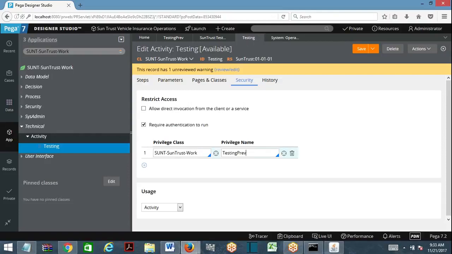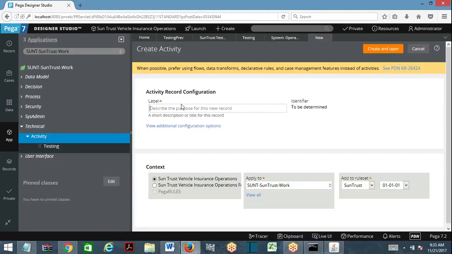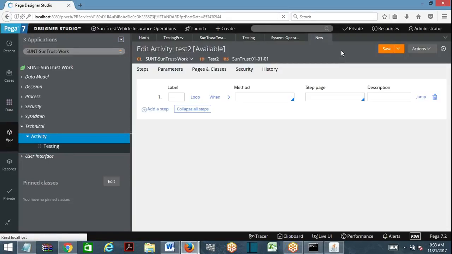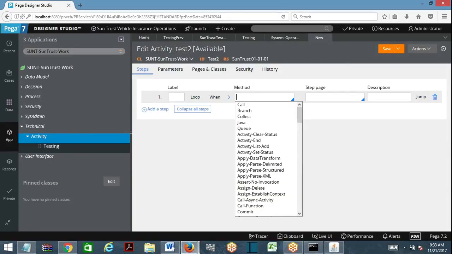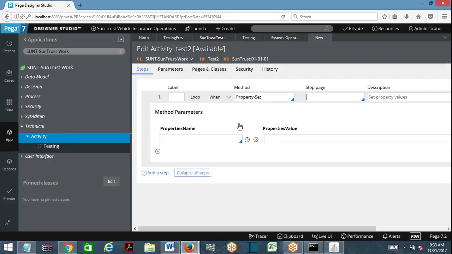Suppose I remove this privilege. Look here, I am creating another activity. Same operator. Test2, create and open. Here, property set. So I am the operator.